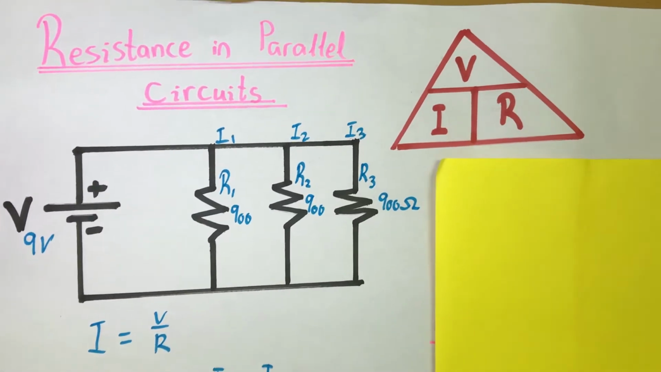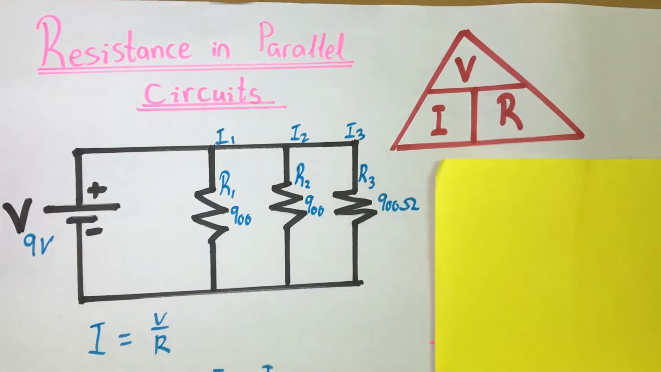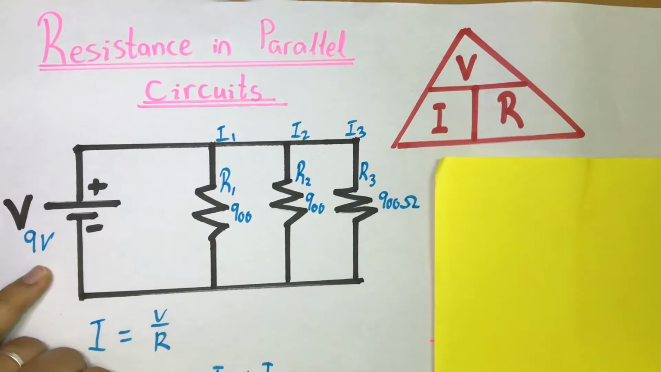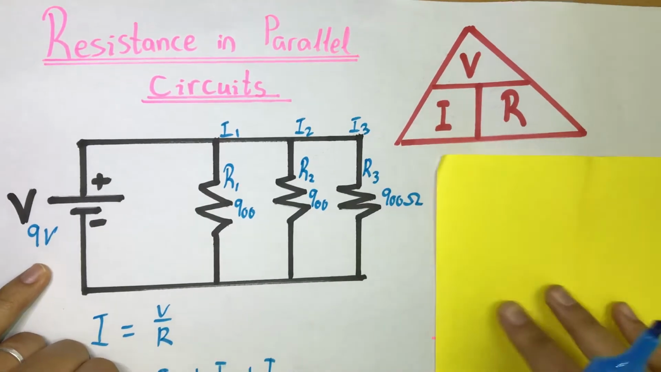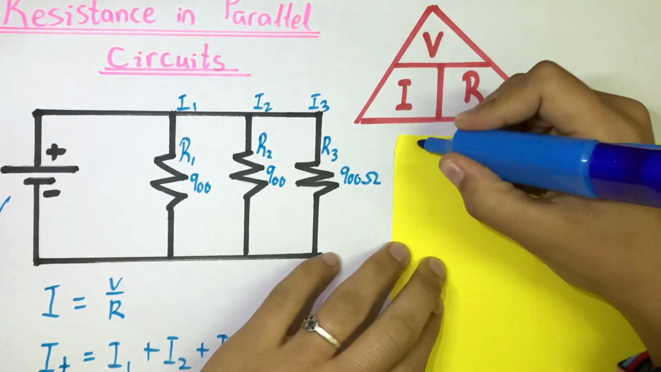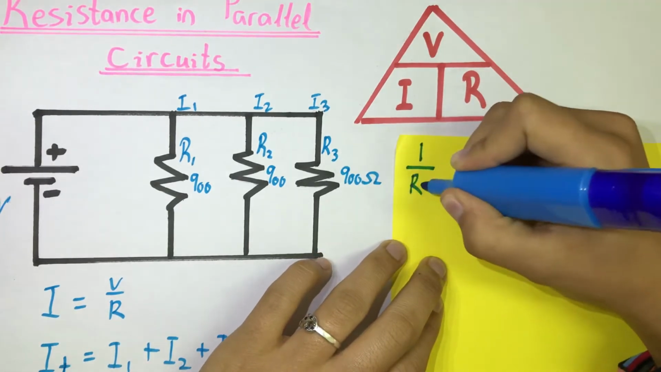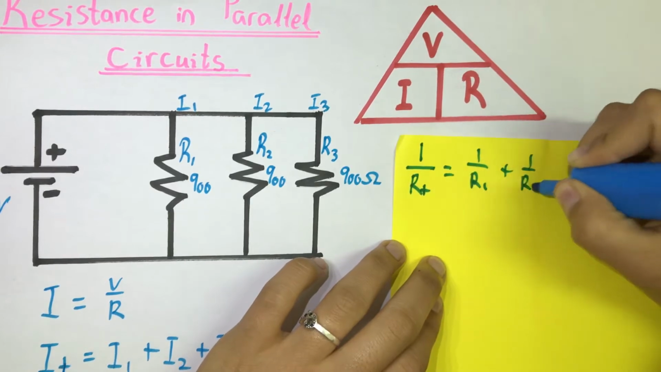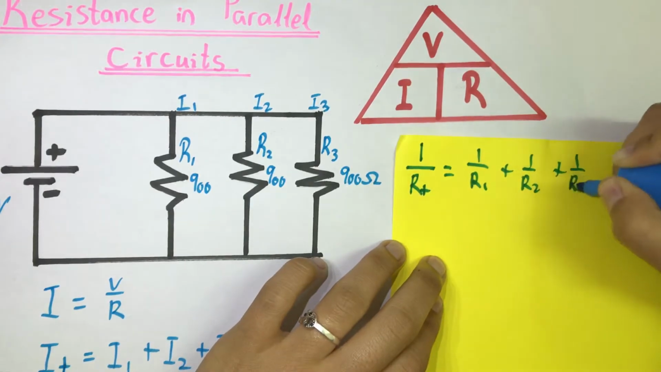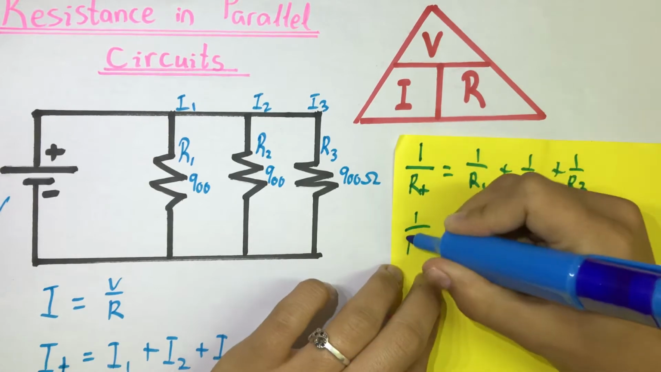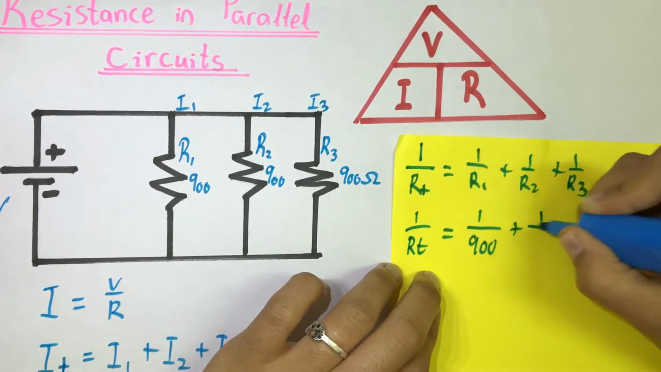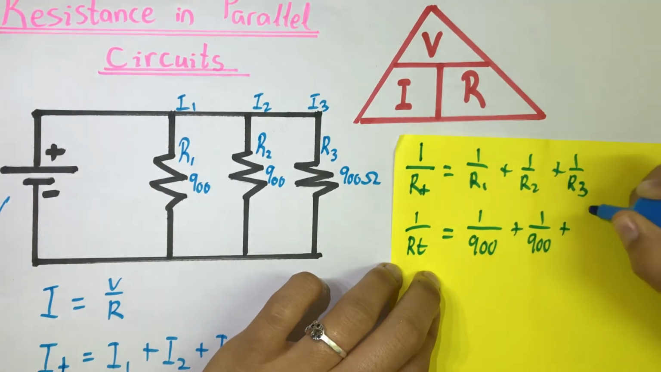If we're going to do an example, let's take our first case as all of the resistances are the same. So in this case, I put them to 900 ohms each, and the potential difference applied is 9 volts. So we have our formula that we derived, 1 over R total equals 1 over R1 plus 1 over R2 plus 1 over R3. 1 over RT is going to equal 1 over 900 ohms plus 1 over 900 ohms plus 1 over